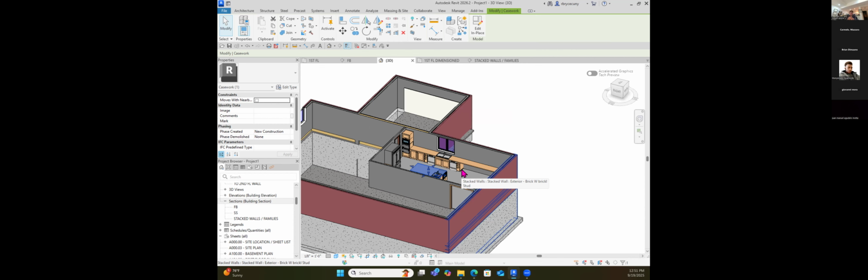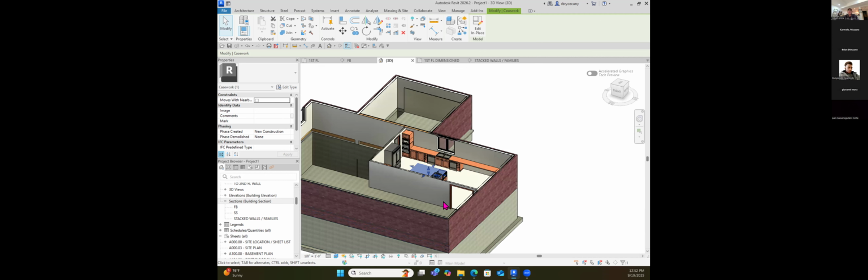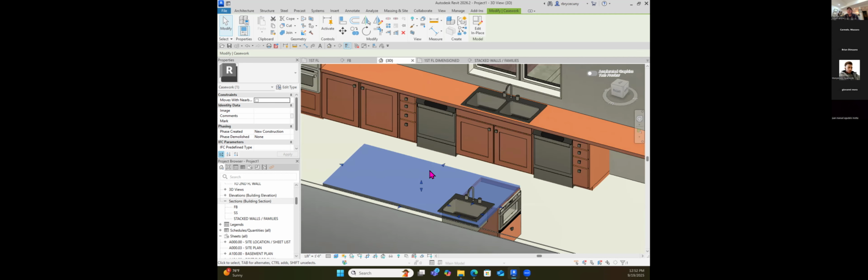Once we get the kitchen in, we're going to put a ceiling in the kitchen. We're going to put some lights in the kitchen. And then we're going to do some renderings so that you can see what that looks like in a more photographic image than what we're looking at here, because this is a little cartoonish. We can say realistic. We click that realistic button, it will render it a little bit more realistic, but we can really make it look like a